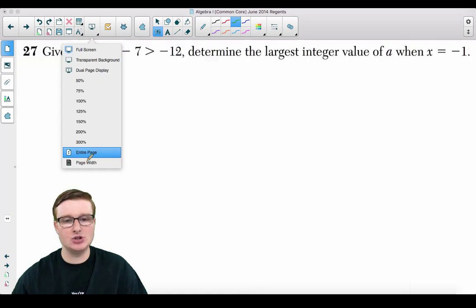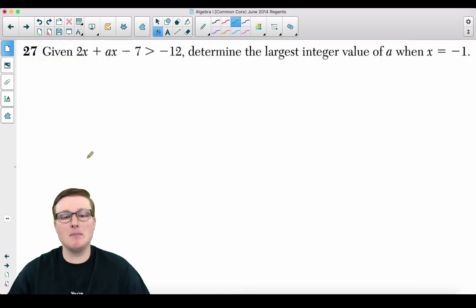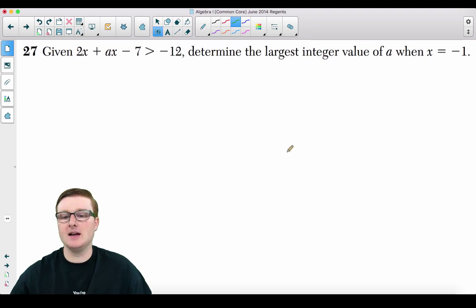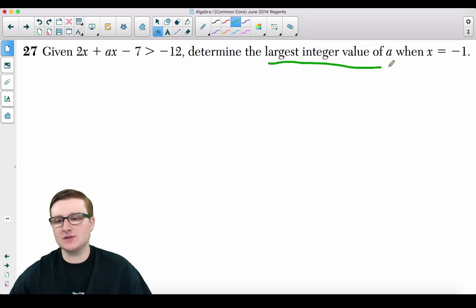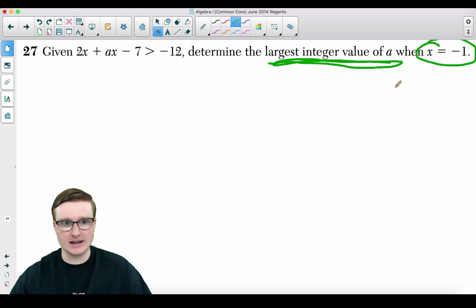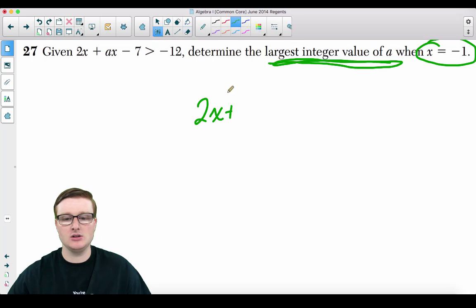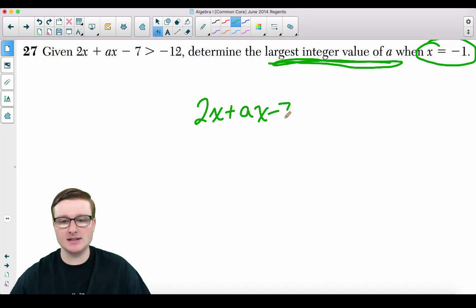27. Given 2x plus ax minus 7 is greater than negative 12, determine the largest integer value of a when x is equal to negative 1. Okay. Ignore this for a moment. We're actually going to get back to this, but the first thing that you need to realize is to plug in negative 1 for x. So you take your 2x plus ax minus 7 is greater than negative 12,